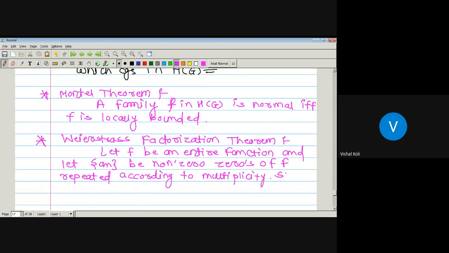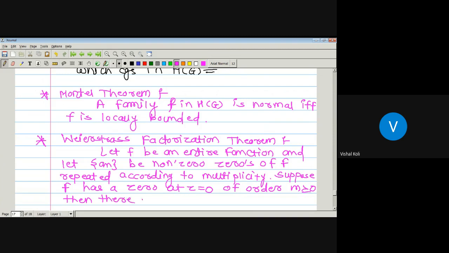And suppose f has a zero at z equal to 0 of order m greater than or equal to 0, then